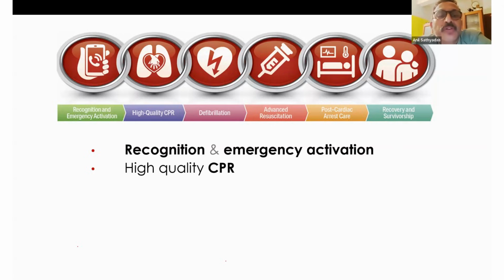Hope you know how to say the quality of CPR is good. It might have been discussed in the previous class. Third step is defibrillation. Defibrillation can occur in BLS as well as ALS, advanced life support. Defibrillation can be done with an AED, which comes as a part of your BLS, whereas if it is done in the hospital setting by doctors or people who are trained in that, it becomes defibrillation with the biphasic defibrillator.